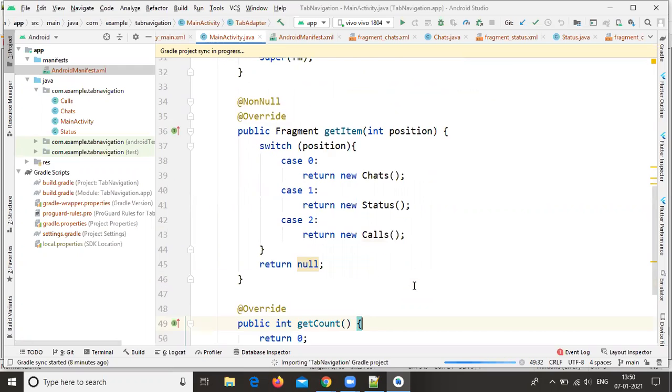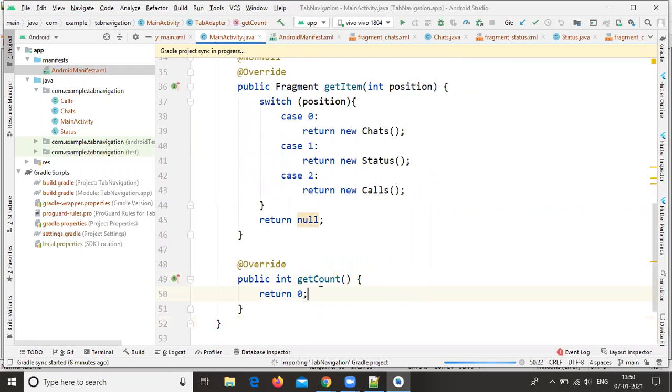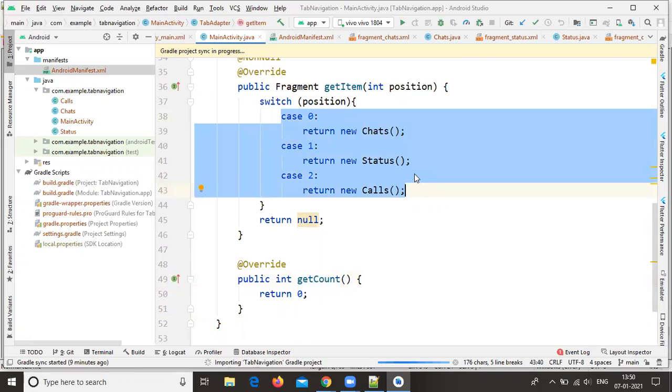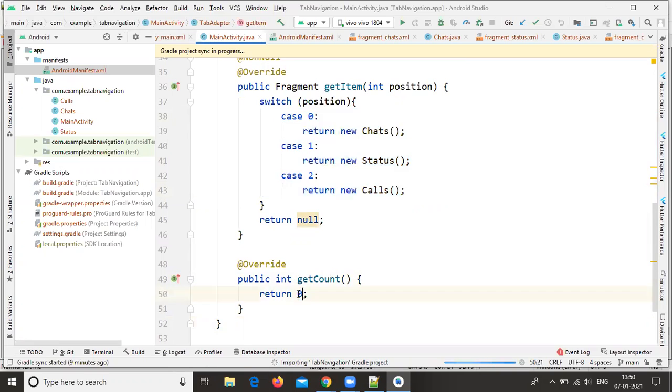The next part is the getCount method. Here I'm configuring 3 fragments, so we need to give the return count as 3.